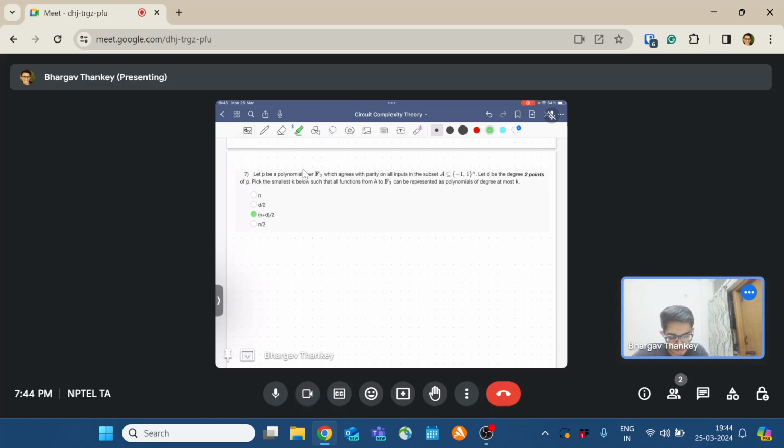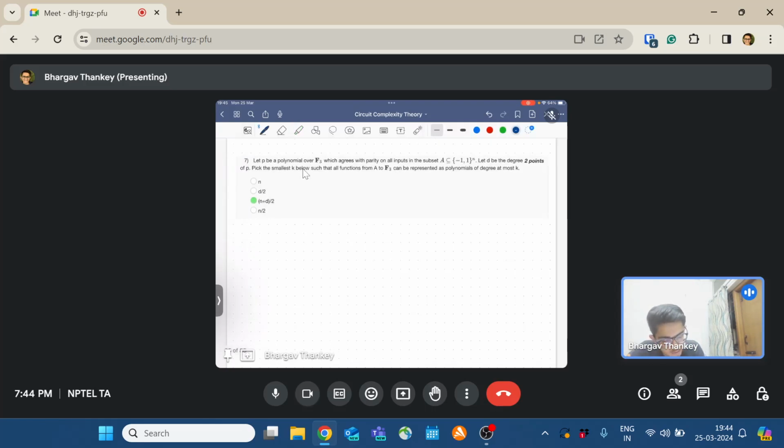Well, let's see. P agrees with parity on everything in {-1,1} to the n. So P is the product of x_i over i in n. So d, which is the degree of P, is n. Now any function from A, which is a subset of {-1,1} to the n,